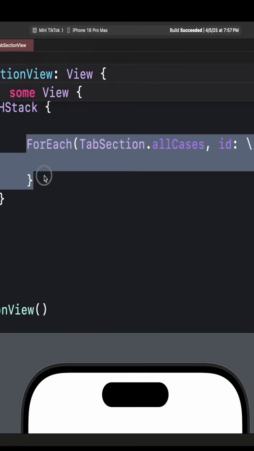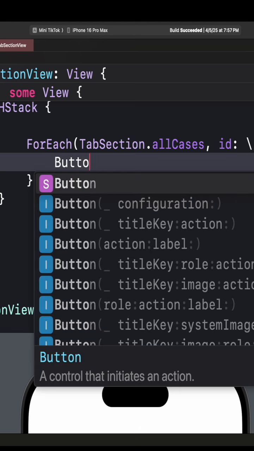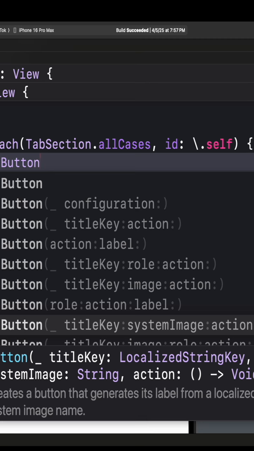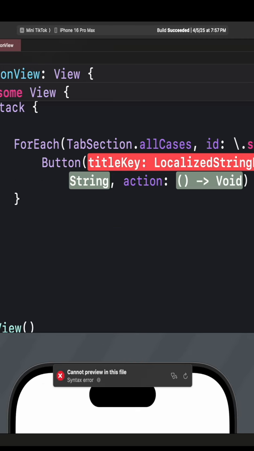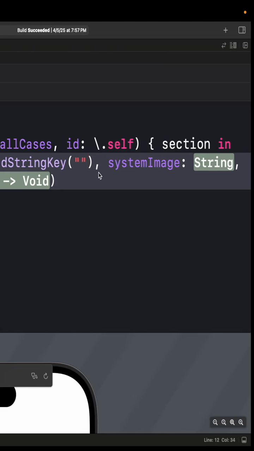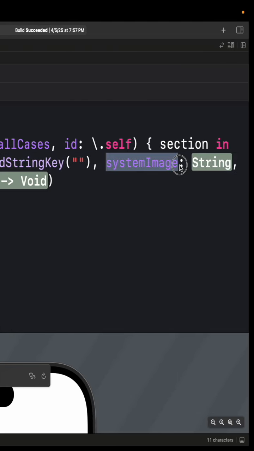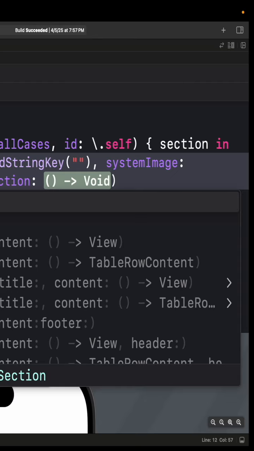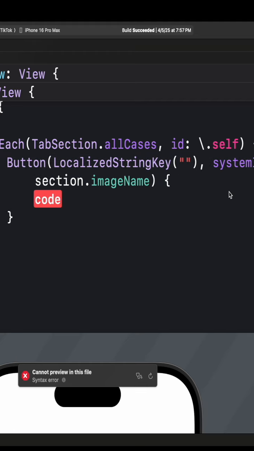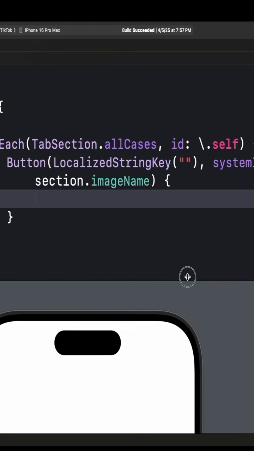So inside the first ForEach, we're going to start typing in Button, and you're going to go down to the one that takes that title key and a system image here, hit enter. And then for this part that wants a title key, hit enter, and then do the parentheses, but just put in an empty string. We don't need anything there. What we need though is the system image. So we're going to go to where it's systemImage, and we're going to type in section dot imageName. Remember we added an image link to each section, and then for the action just hit enter and then delete that portion. Now if we look at our view,